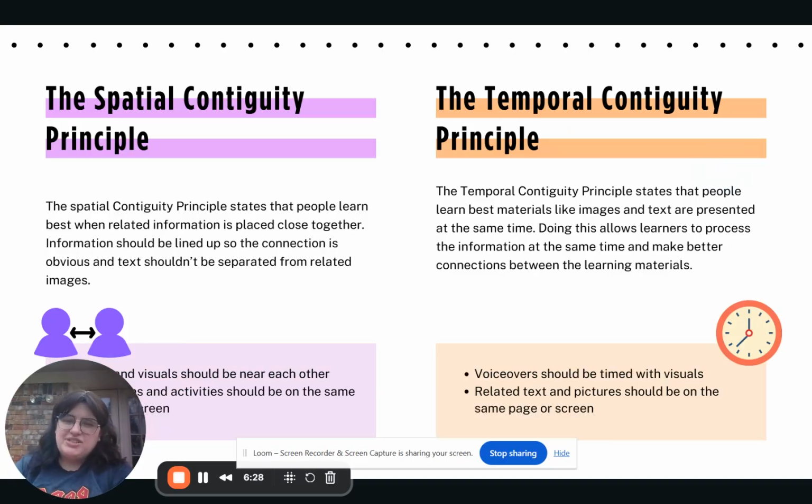There are two principles that deal with contiguity, or how things are related in space or time. The spatial contiguity principle states that people learn best when related information is placed close together. Information should be lined up so the connection is obvious, and text shouldn't be separated from images. Text and images should be near each other, and activities should be on the same screen with any other related